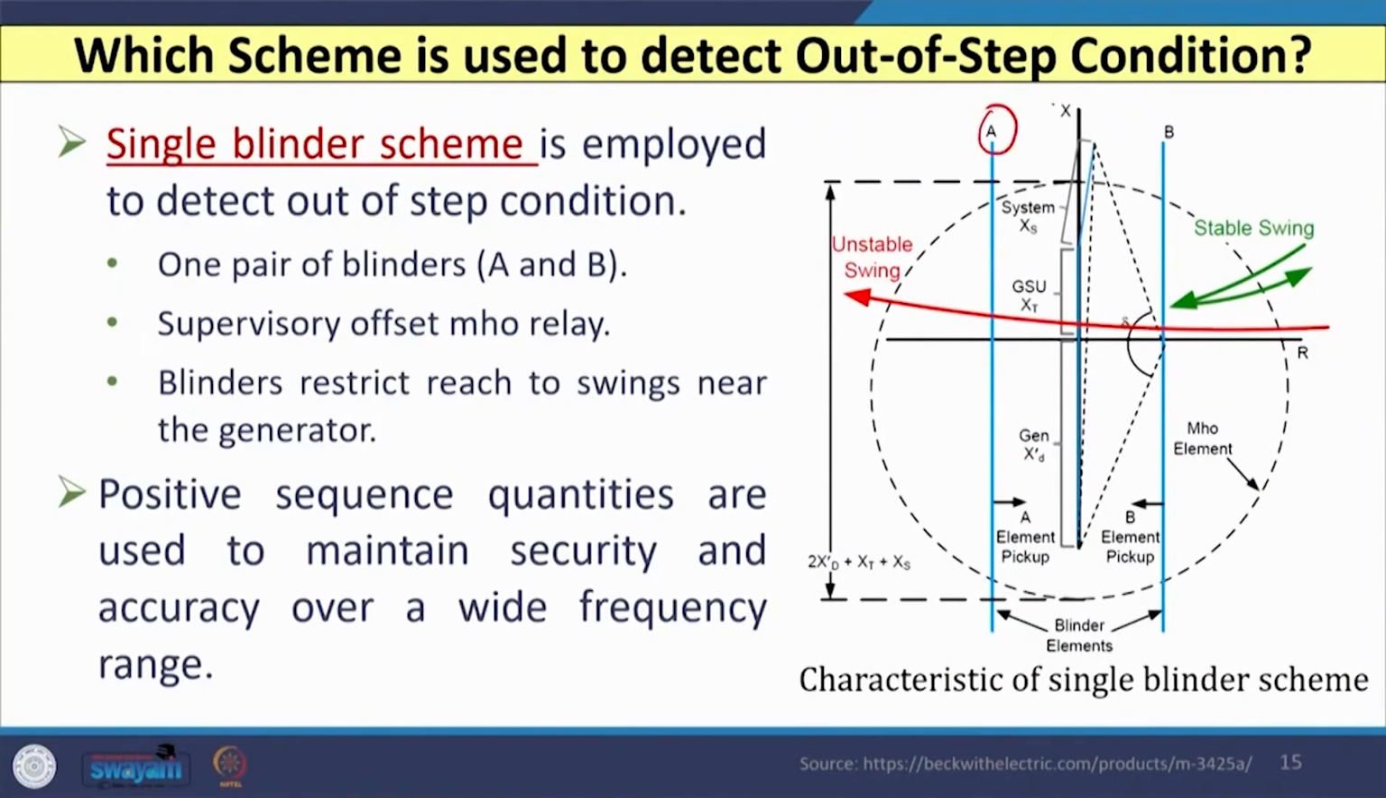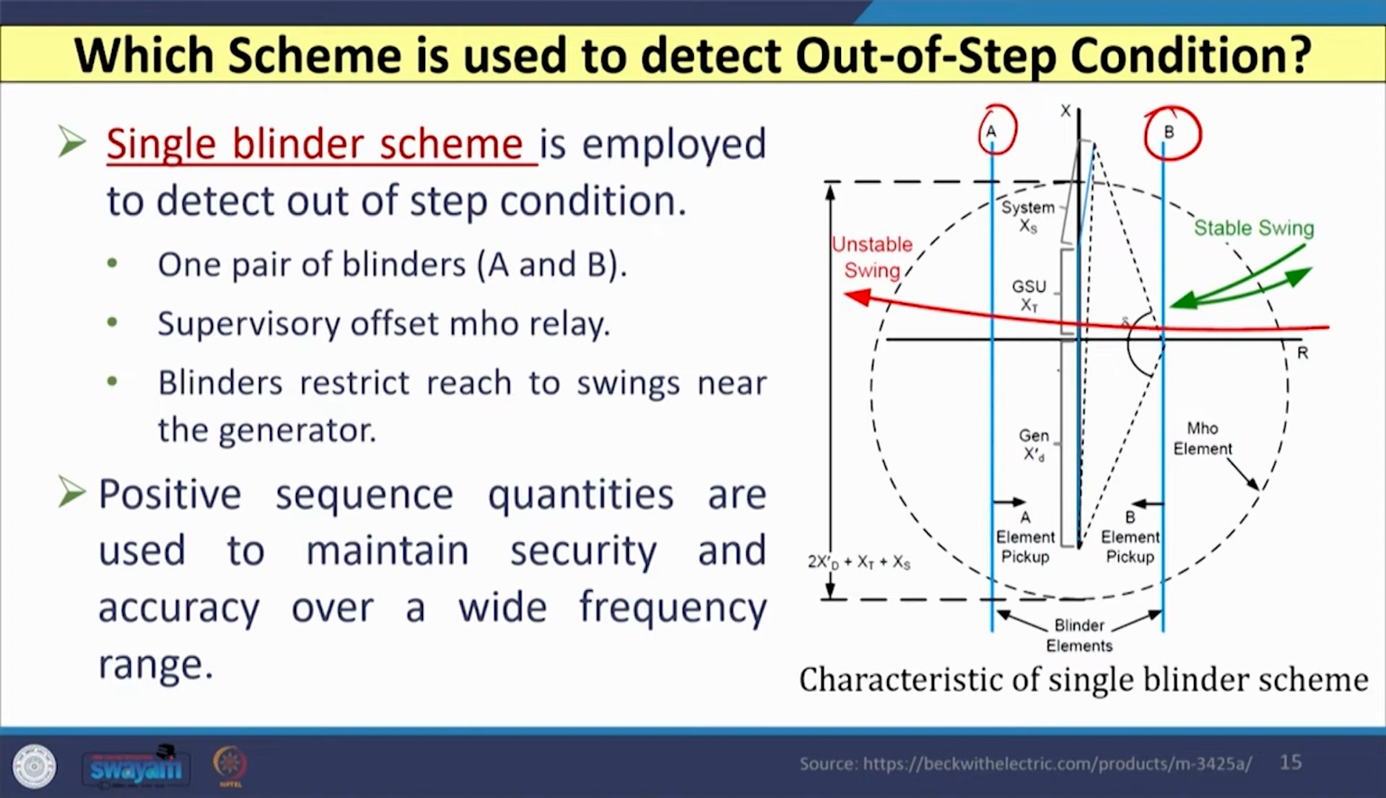So, the thing is how we can detect this. To detect out of step condition in a synchronous generator, the single blinder scheme is used. The single blinder name is given because it contains two blinders, means it is a pair of blinders. Normally you can see here I have shown the two vertical blue lines, which is nothing but the pair of blinders, and the supervisory offset mho relay is used, and the setting of this offset mho relay is carried